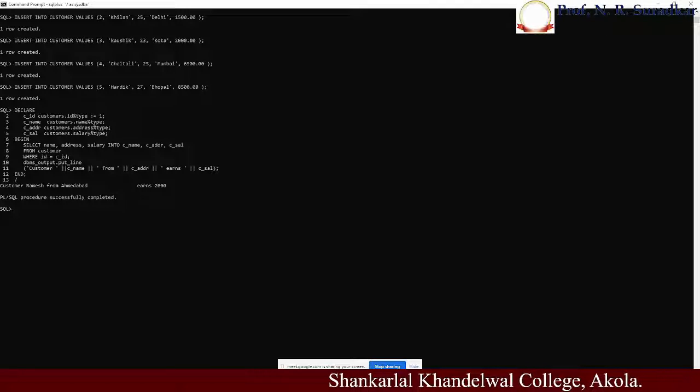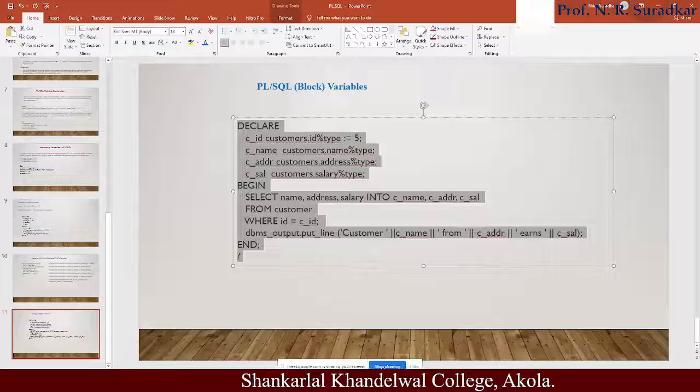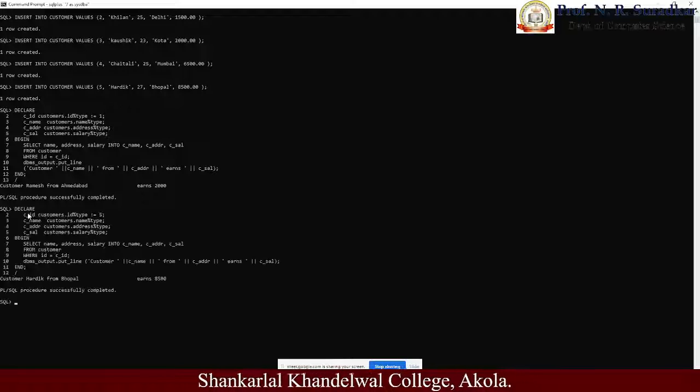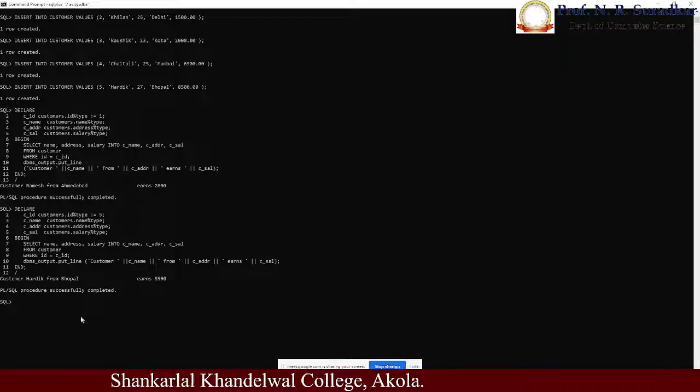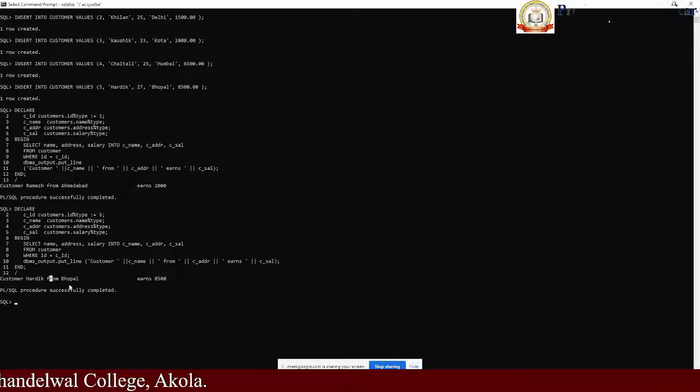I think the matter was not copied properly from there. Once again, copy. Go to the command prompt. Let's see what result shows here. The ID we put here is 5, and that ID is linked to the customer table, and it is printed like here: Customer Hardik from Bhopal, Bhopal is the address, earns 8,500 rupees.